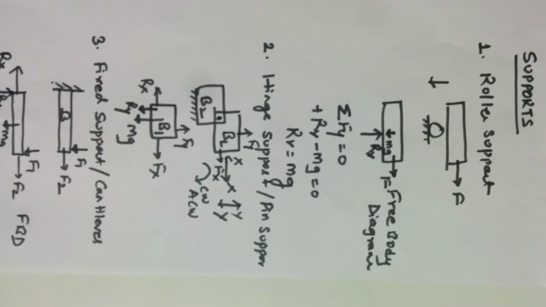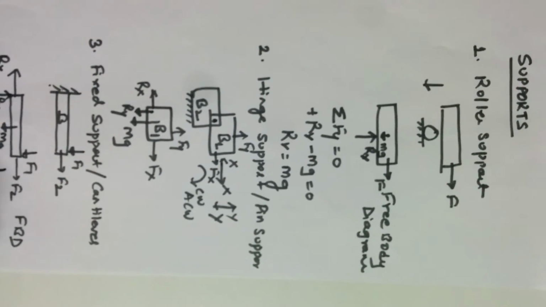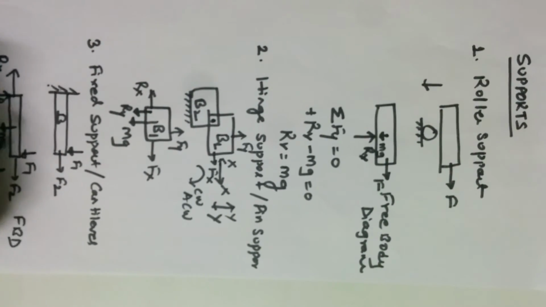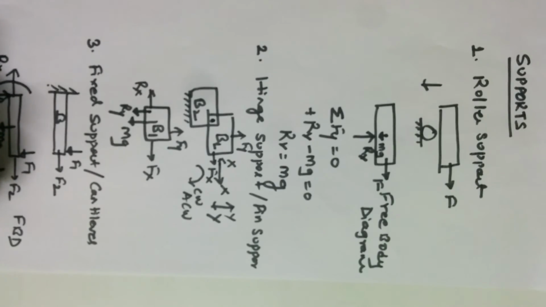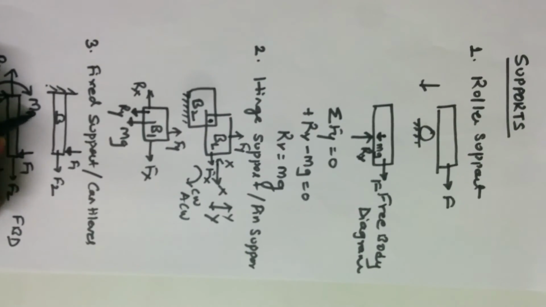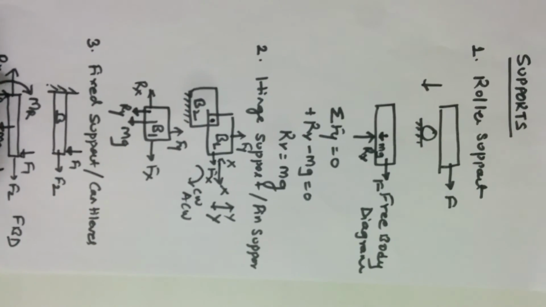One additional thing we observe here is that force F1 is trying to rotate the body in the clockwise sense. However, because of the support, the body is not able to rotate in the clockwise sense. Therefore, there is a resistant moment at the support when we remove the support, and that resistant moment is called Mr. That is the additional property of a fixed support.